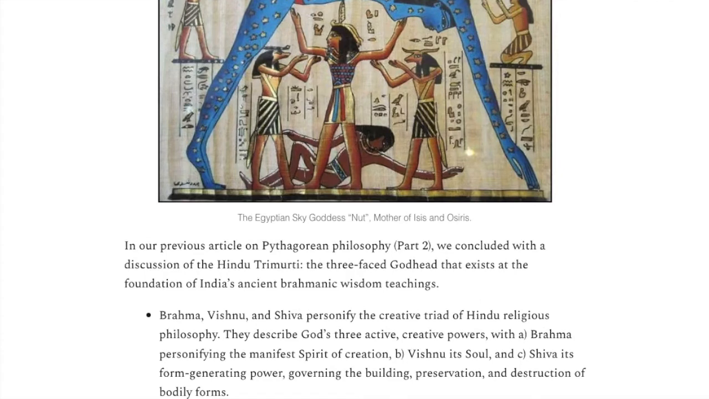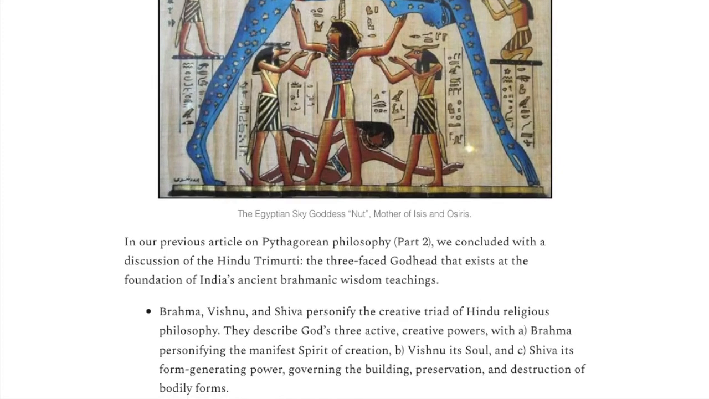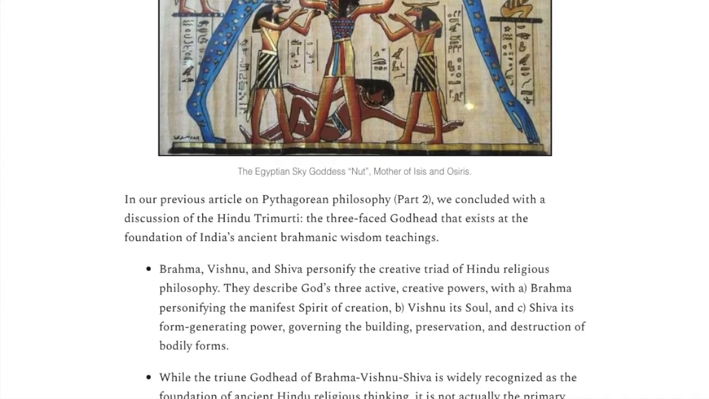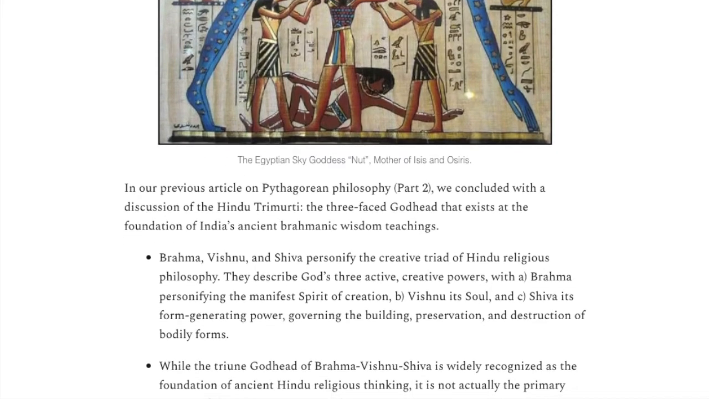This is part J in our overall Pythagoras series, because this is essentially intended to be one long chapter, but I've broken it up. So this is part J of this chapter, and it's called Mahamaya, Mother of the Buddha. In our previous article on Pythagorean philosophy, which was part two of this series, we concluded with a discussion